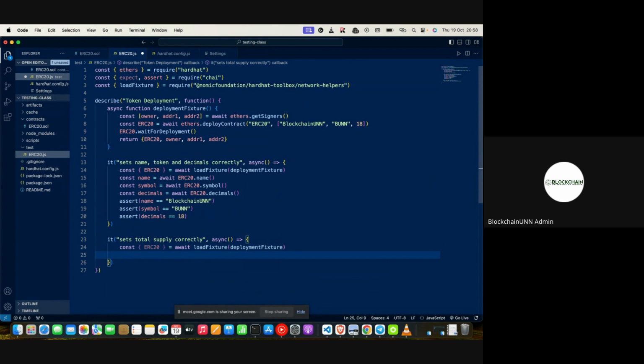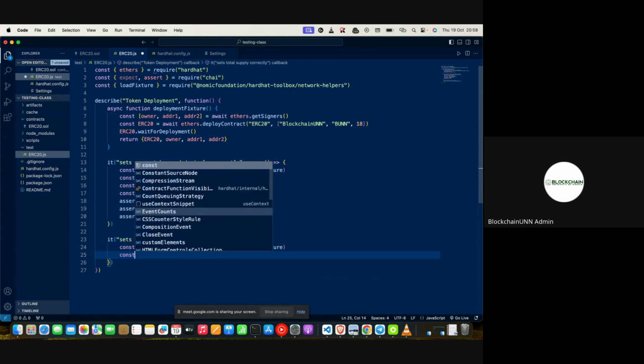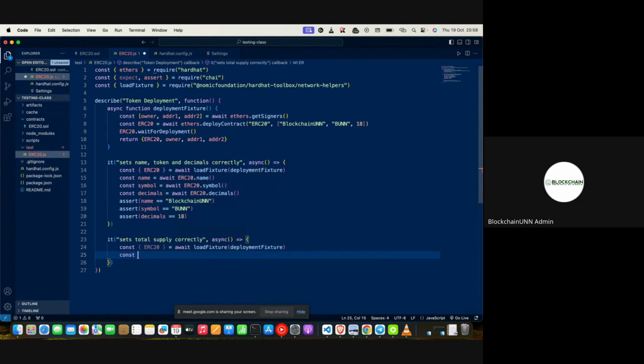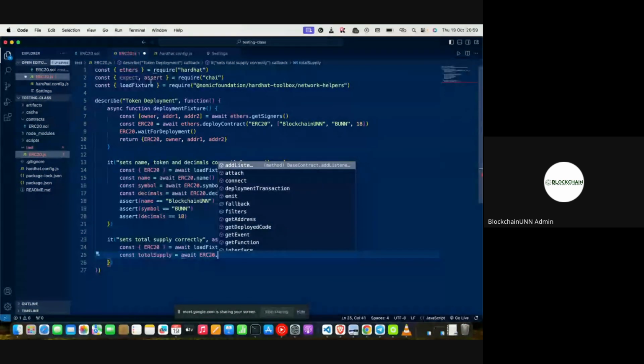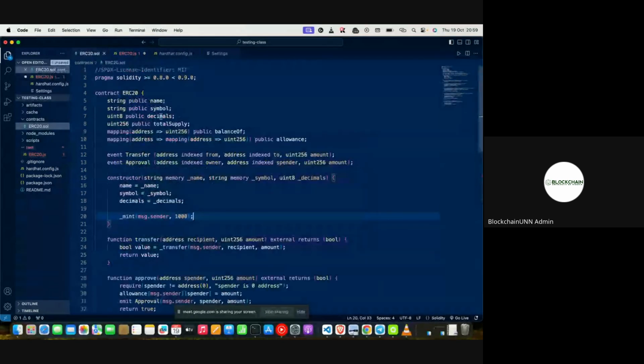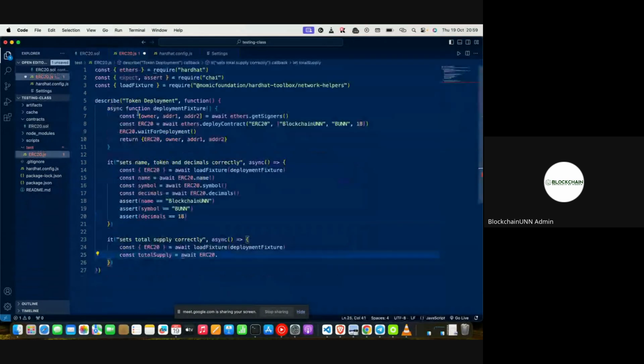Then we need to get the total supply, which we're going to say total supply is equal to our ERC20. What function is that again? Total supply, right? So we're going to call the total supply,